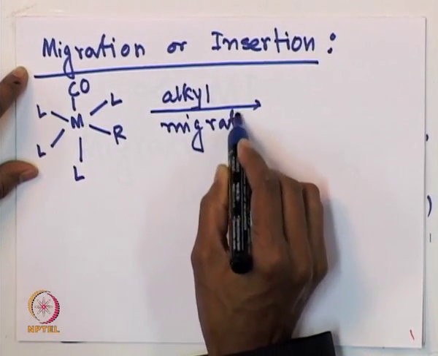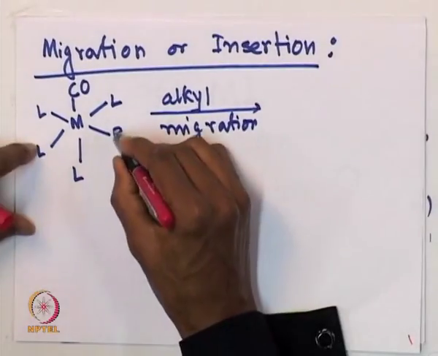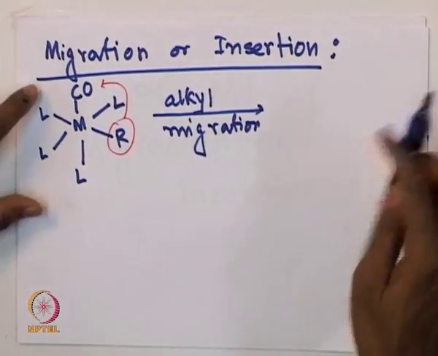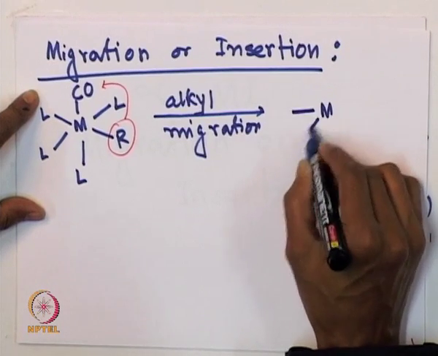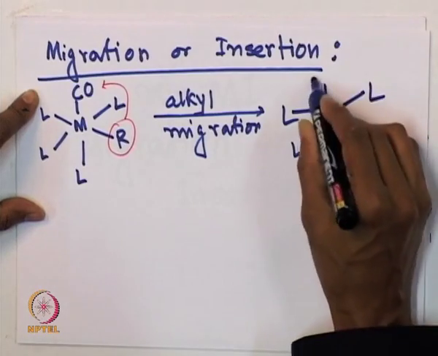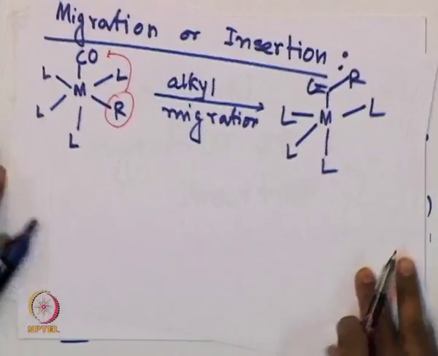If the alkyl group is migrating, that means we have the R group migrating over here. Then the product that you should expect in this case is this one, where the R group is getting migrated